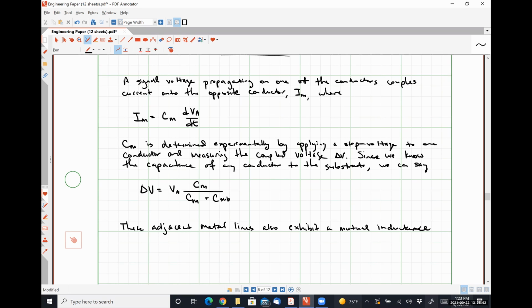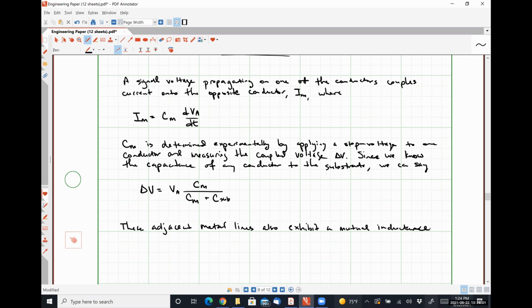If any conductor is part of a closed current carrying loop, it exhibits self-inductance, right? Well, if we have another conductor that's part of a closed current carrying loop in the same region, then there's